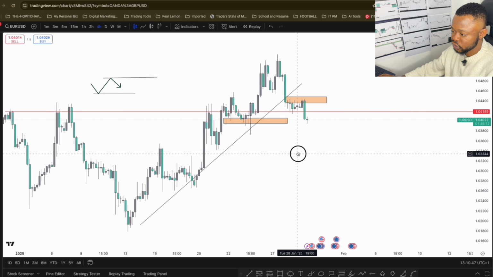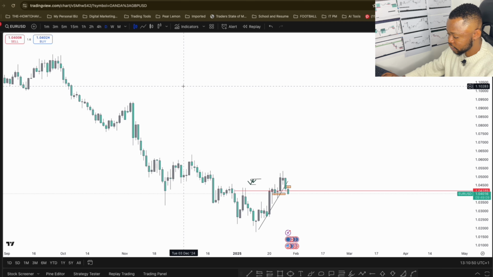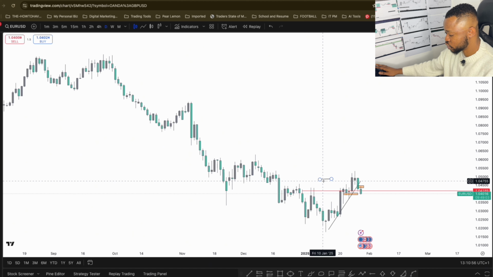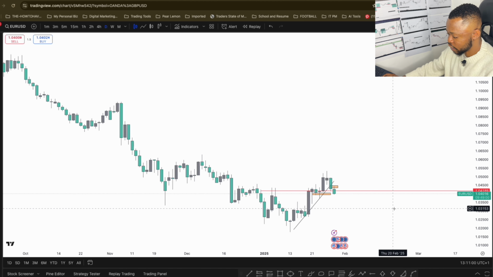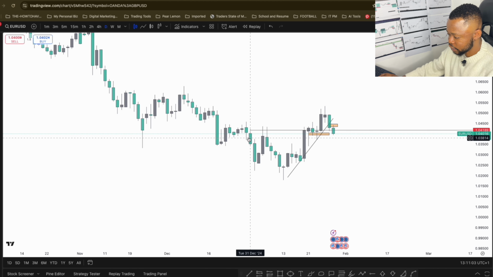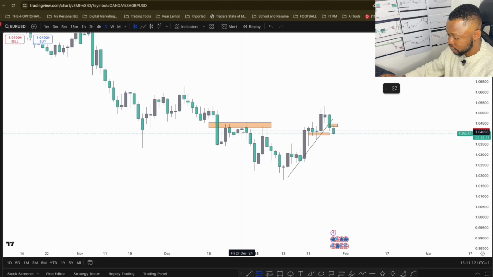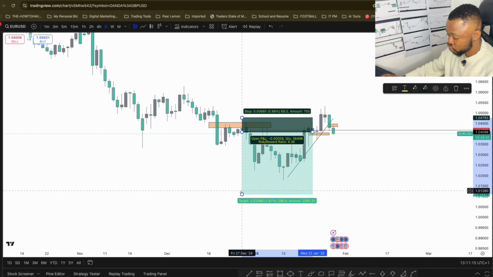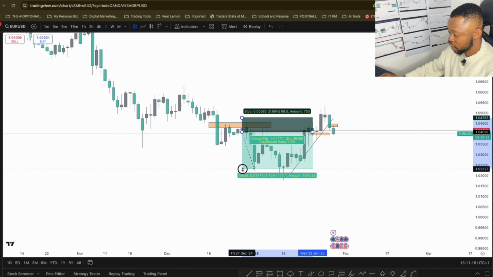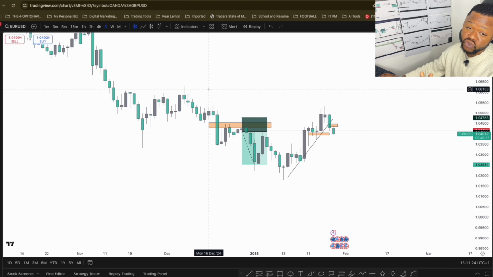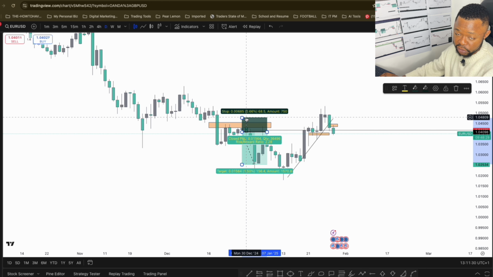Then position traders are looking to buy and sell on the daily time frame. So let's come to the daily time frame. On the daily time frame, they come to look for positions where they can get areas to buy and sell. So let's say on a daily here, at this particular support level here, at this particular resistance level here, the position trader is looking to buy at the end of this daily close and looking to hold for a 1 to 2, 1 to 3 risk to reward, and you see he's able to get it. But a position trader is looking to hold trades for 1 day, 2 days, 1 week, 2 weeks, and they are comfortable with that. And these are guys that use loads of money to trade.